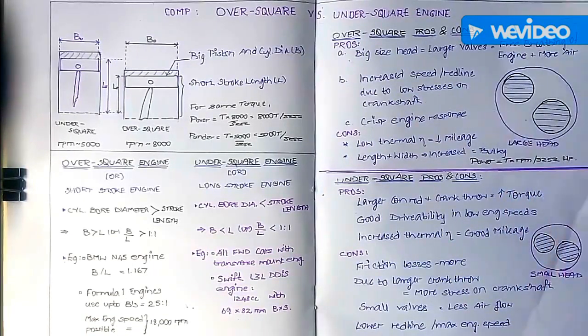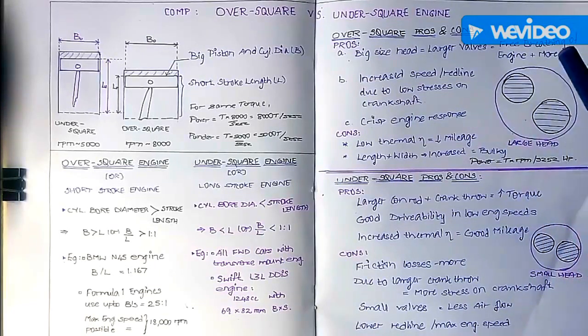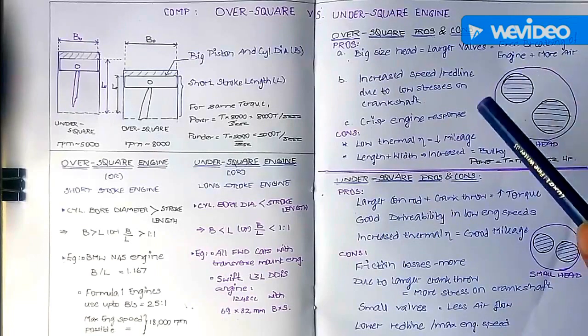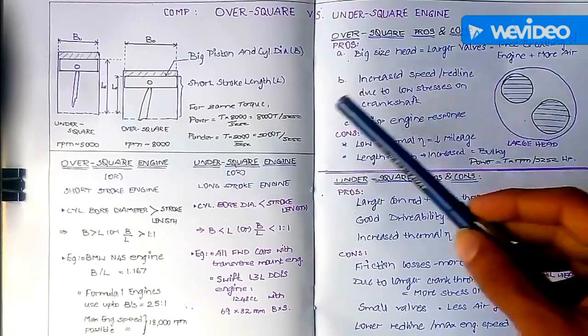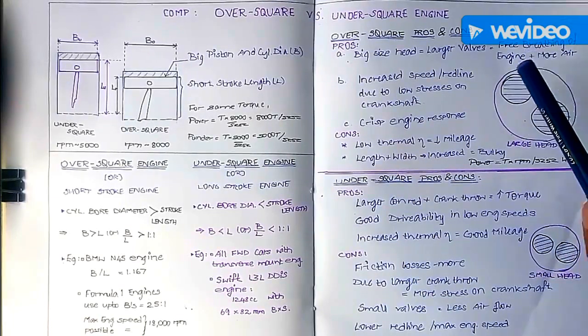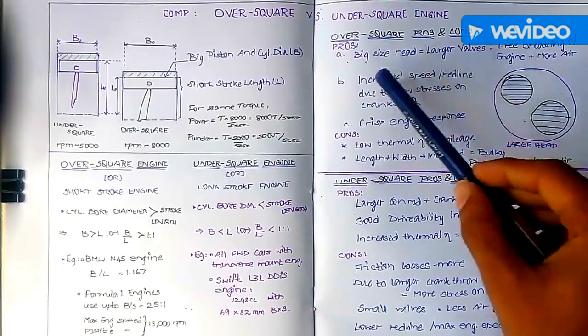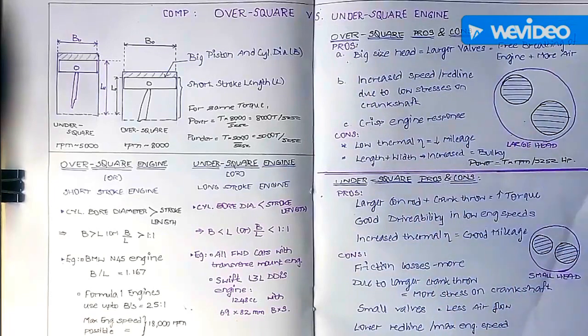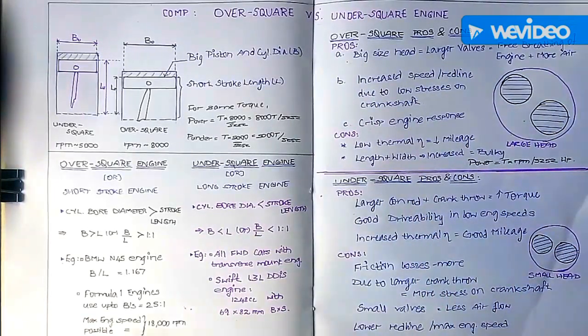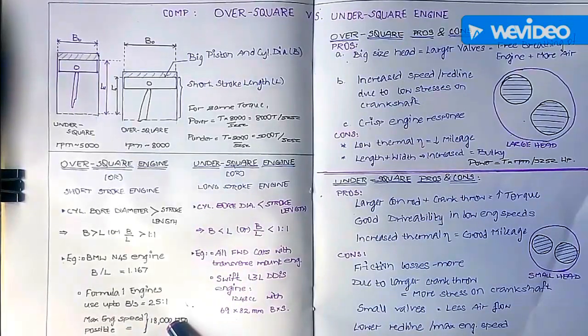So in the intake or suction stroke and the exhaust stroke, where the exhaust gas or the burnt gas would be pushed out of the engine by the piston, the work would be quite easy. That means the pumping losses would be reduced by quite a lot. Next important point is that the speed or the red line of the engine is quite increased. As you can see here, racing engines can go up to 18,000 RPM.